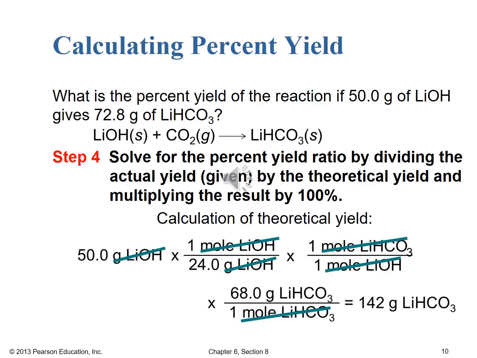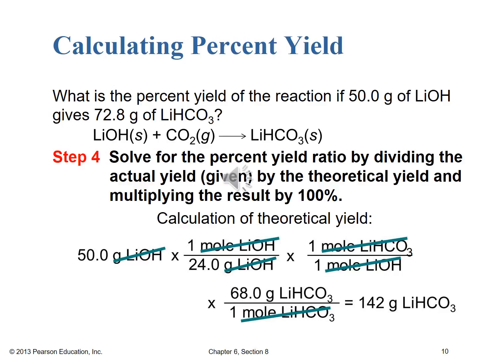All right, here we are in step 4 now, and we can solve for our percent yield by dividing the actual yield by the theoretical yield, multiplying the result by 100%. So first we need to calculate that theoretical yield in grams of lithium hydrogen carbonate. If we start with 50.0 grams of lithium hydroxide, multiply by 1 mole of lithium hydroxide over its molar mass